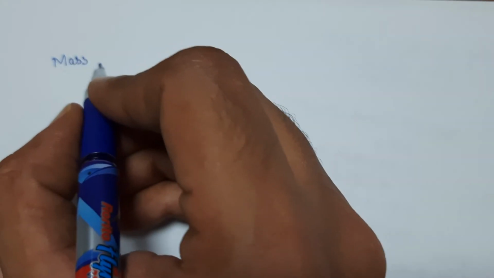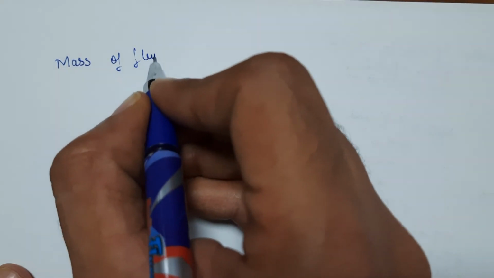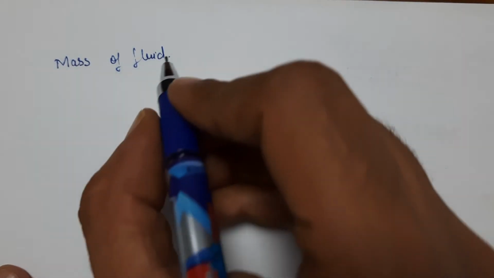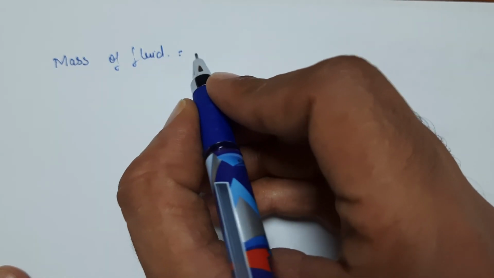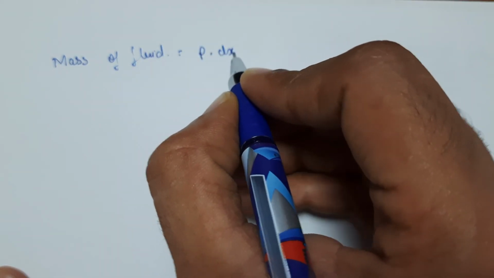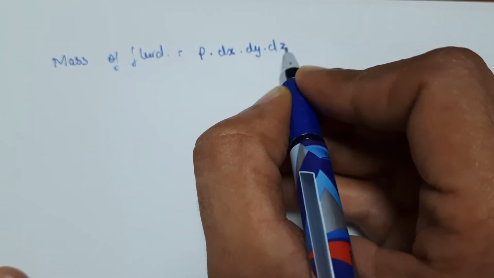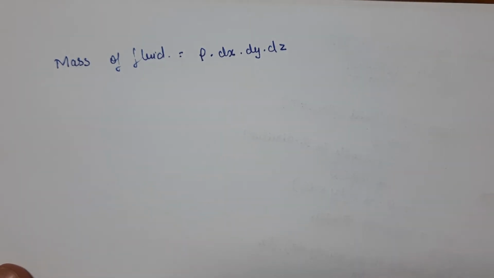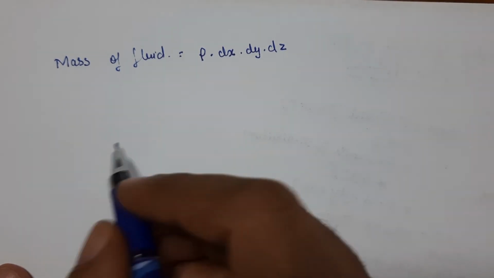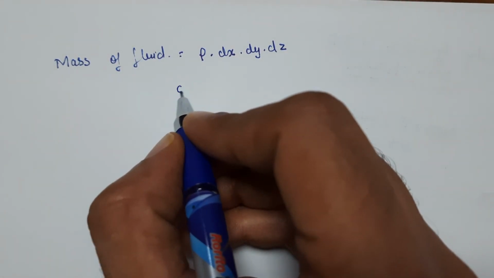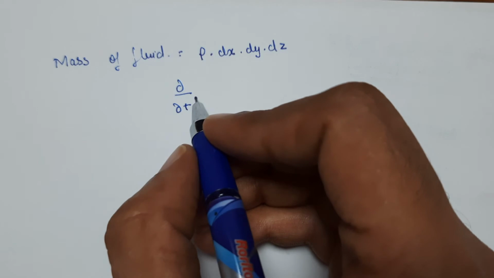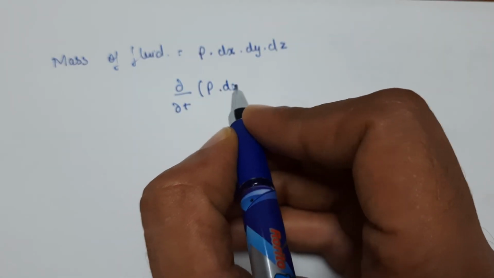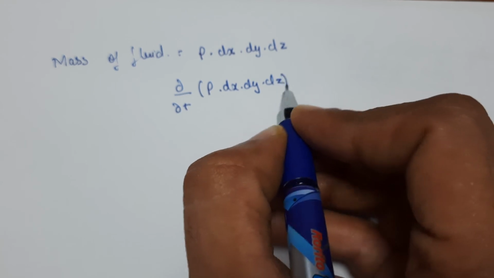The mass of the fluid is nothing but ρ dx dy dz. So this is basically the mass of the fluid, and the rate of increase with respect to time, ∂/∂t, of ρ dx dy dz